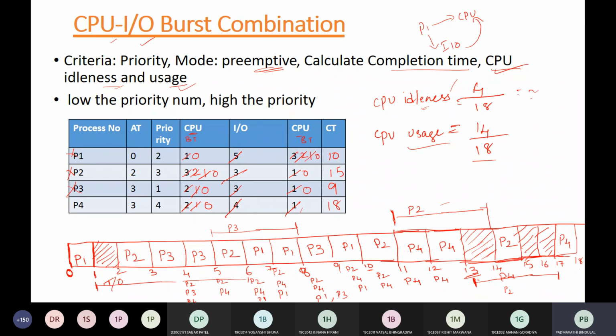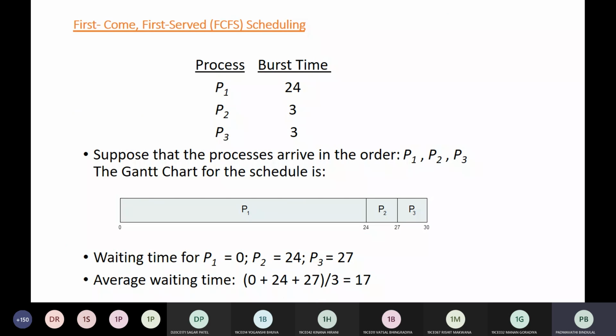इतना tough generally नहीं पूछते, इसमें सारे variations आ गए हैं. But in case it is asked, you can do it like this. Now next we'll see a little bit of theory about all the scheduling algorithms. Theory in the sense of what the advantages and disadvantages are, and where each is used.